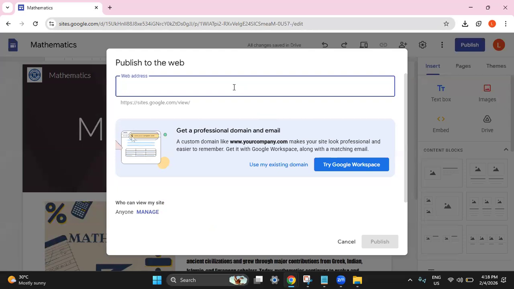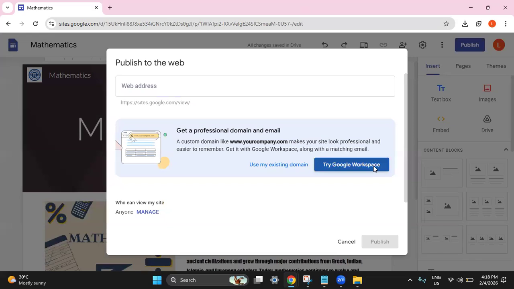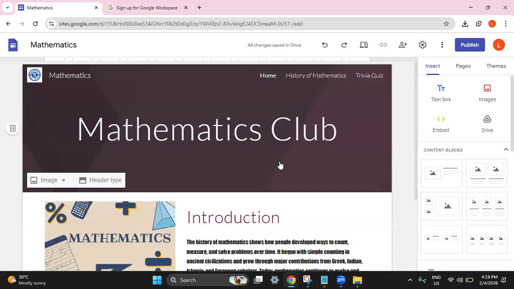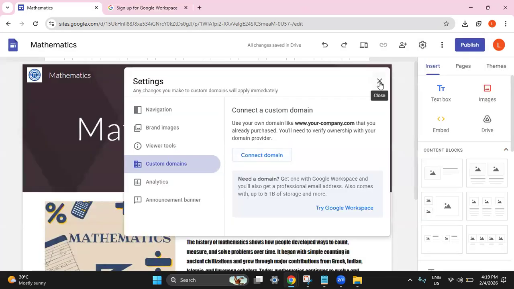And from here, you can use your existing domain or try the Google Workspace. Just like that. Okay, so you have your two options to publish this website.